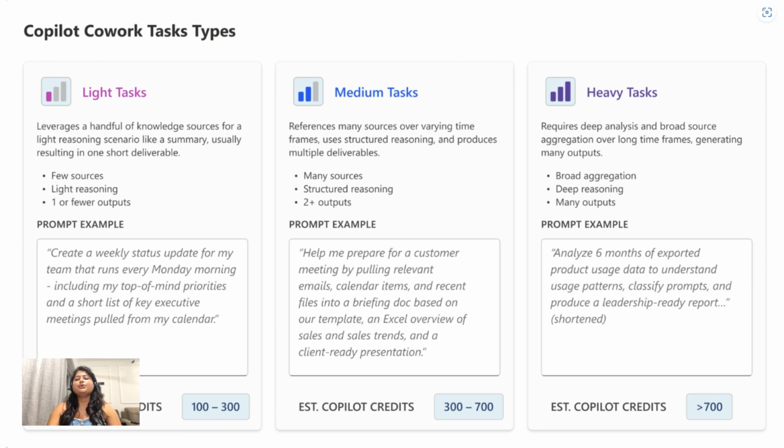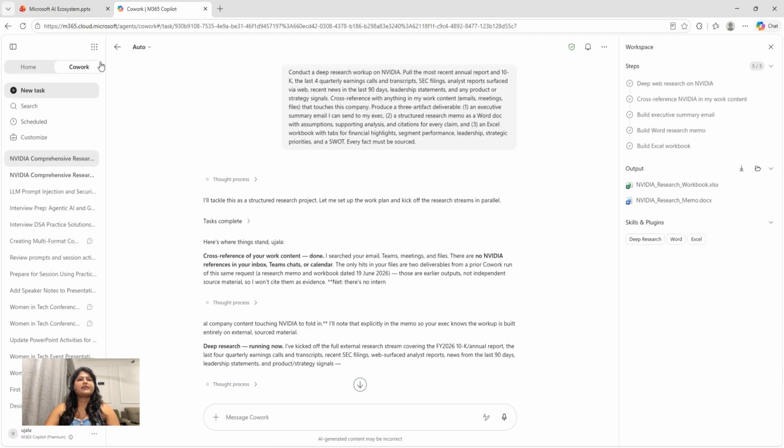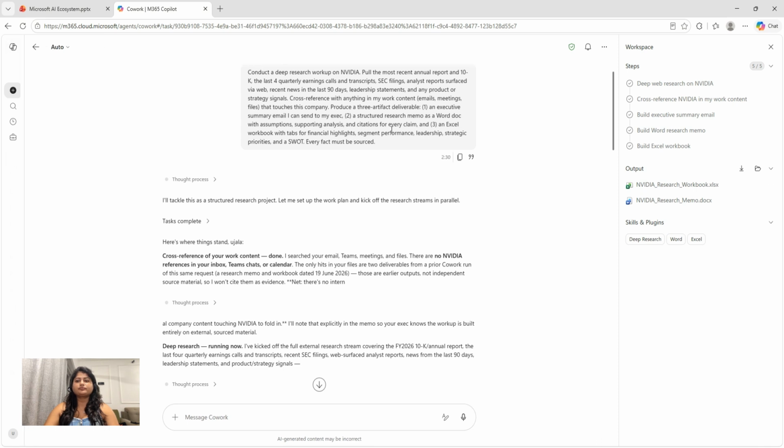Now, I'll show you how users can actually see how many credits their task has taken up directly in Cowork. So I'll go to my Cowork, and this is the predefined prompt that I have run, where I'm researching a company called Nvidia.